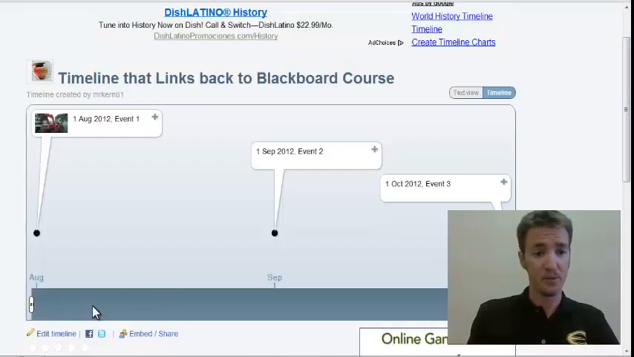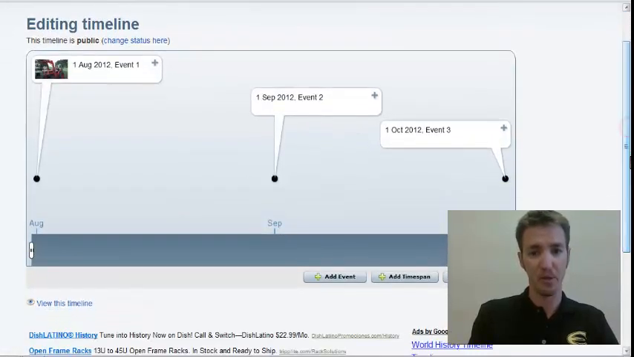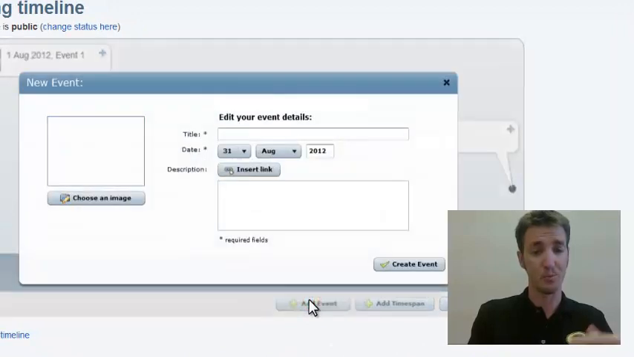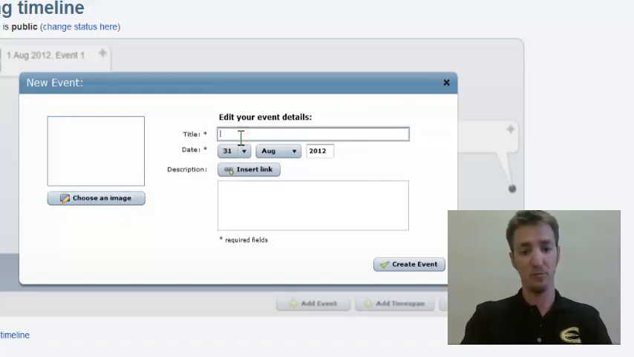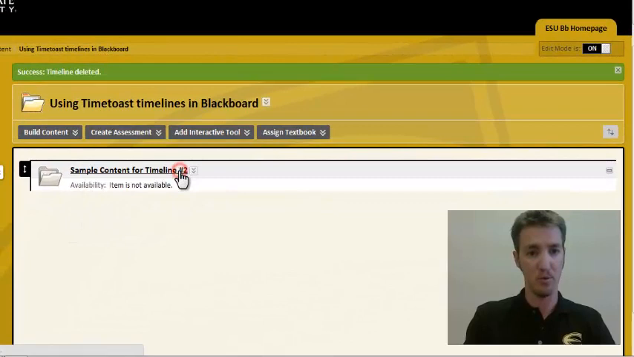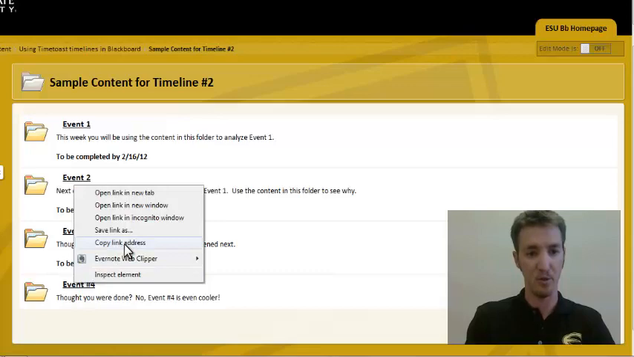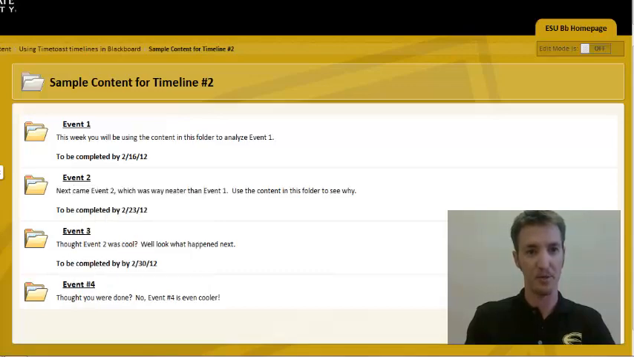Now, to edit the events, if you're not already in editing mode, you tell it to edit the timeline, and you can add an event. It looks really similar to when we looked at adding a timeline. You can choose an image. We'll give it a title, pick a date, and we want it to link to the Blackboard page we had earlier. So let's go to Blackboard, and we want this to link to Event 4. So we'll right click on Event 4, we'll copy that address,